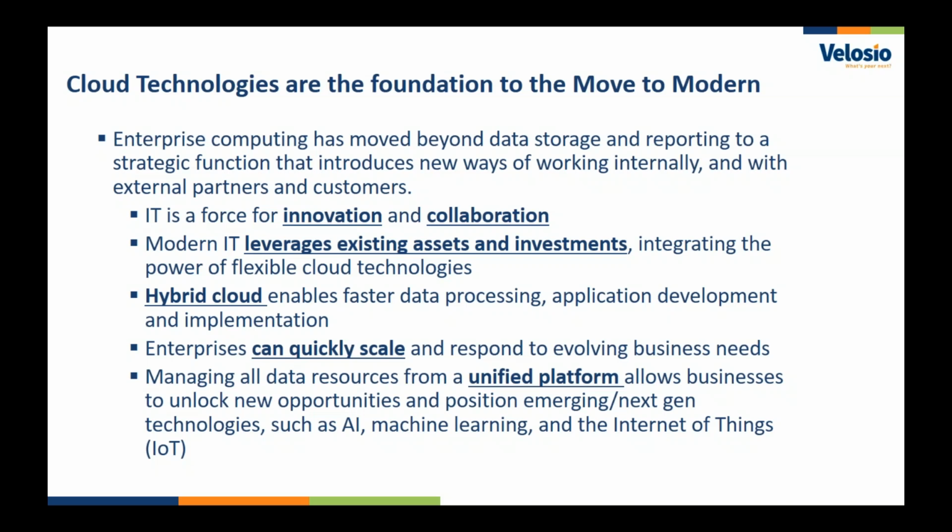And lastly, give me a single platform that's easy for me to manage, but also can leverage some advanced technologies, or what we think of as next generation technologies, that although they seem next generation are available today. And things like artificial intelligence, machine learning, the Internet of Things, are all things that these platform providers like Microsoft, like Google, like Amazon are building in to allow you to connect to as a service. So instead of having to have an artificial intelligence or machine learning team of data scientists at your location, we instead can connect applications to existing services and leverage those services with all the advanced functionality built in. So just some great opportunity as we look to move to the cloud in general.